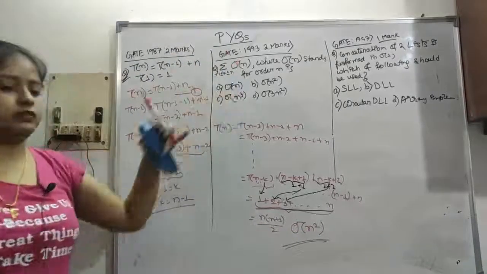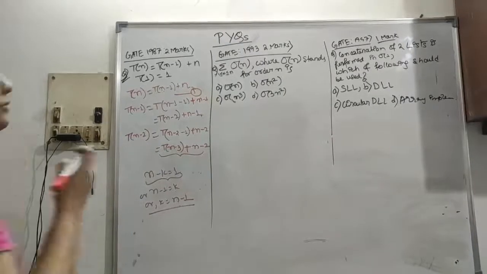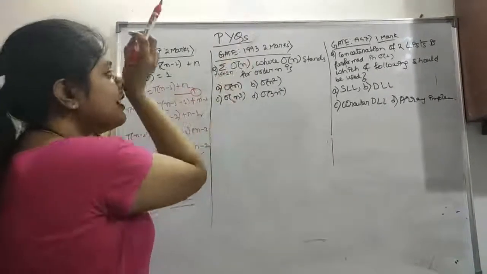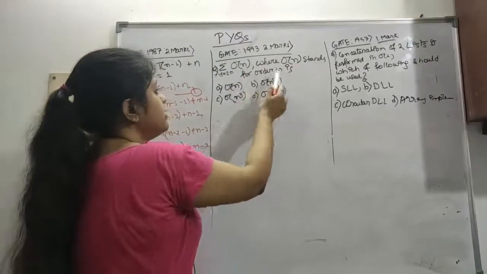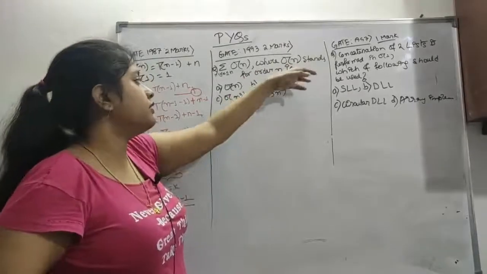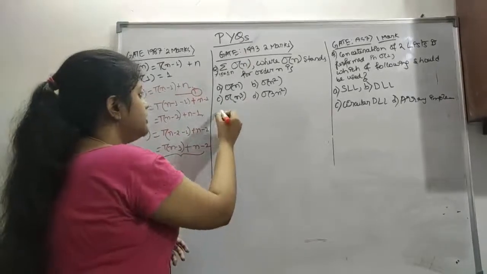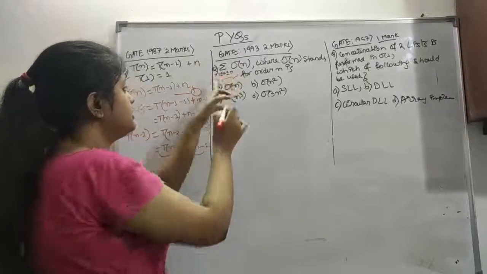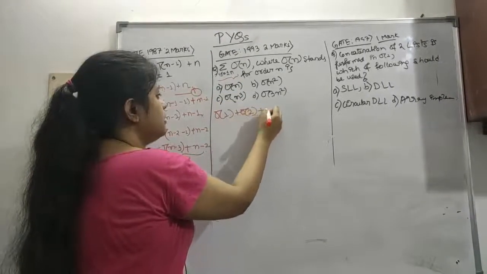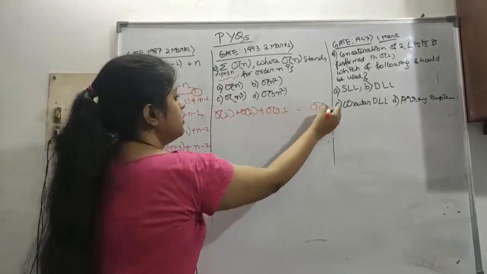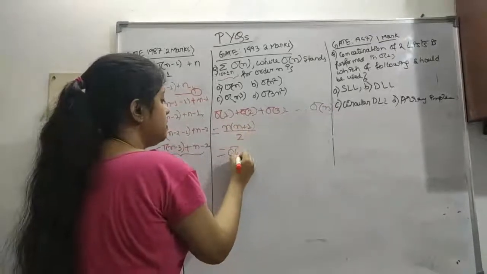Now I will do this question. It was asked in GATE 1993, a 2 marks question. O(n) stands for big O of n, order of n. So what is our time complexity? Here k ranges from 1 to n, so this is nothing but order of 1 plus order of 2 plus order of 3 up to order of n. So this is basically n(n+1)/2, which is order of n squared.